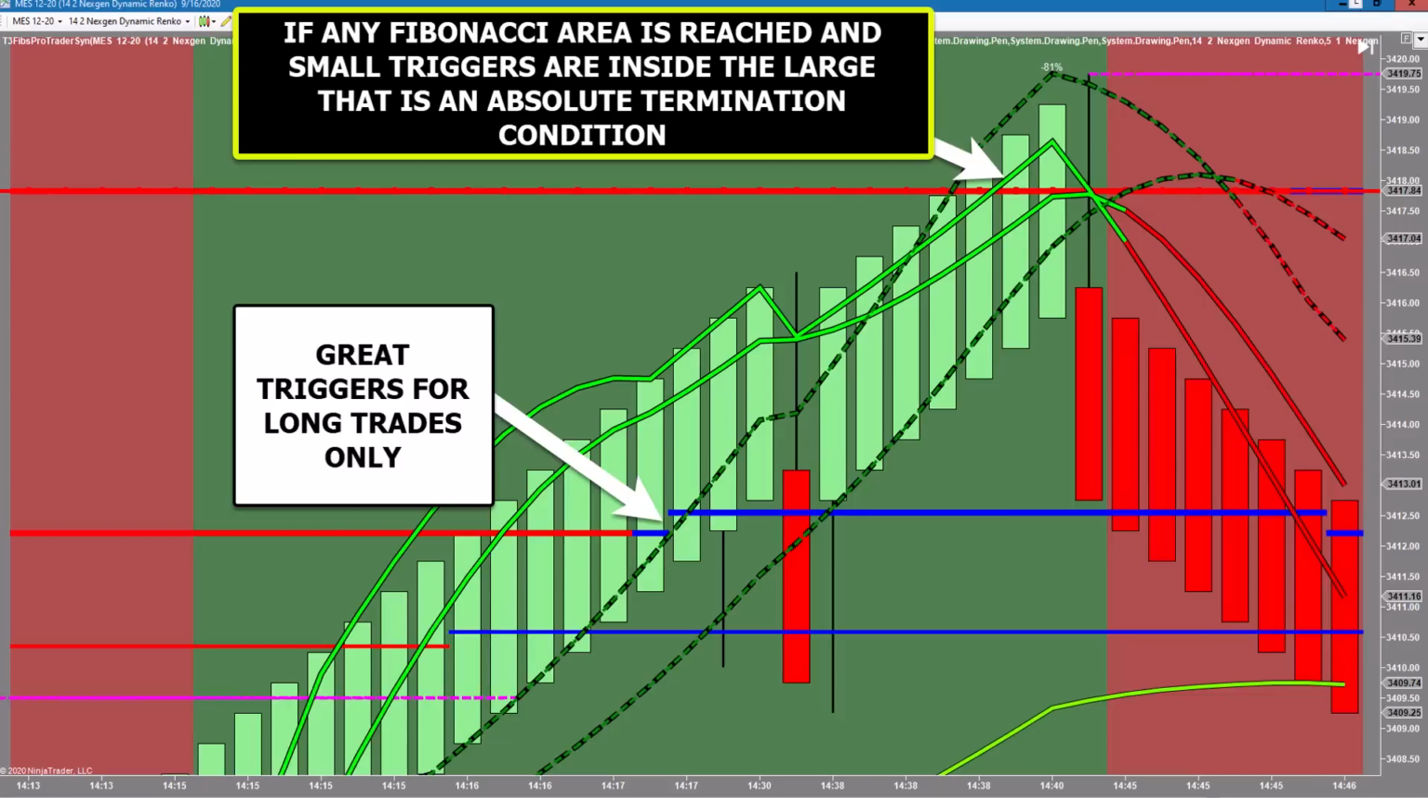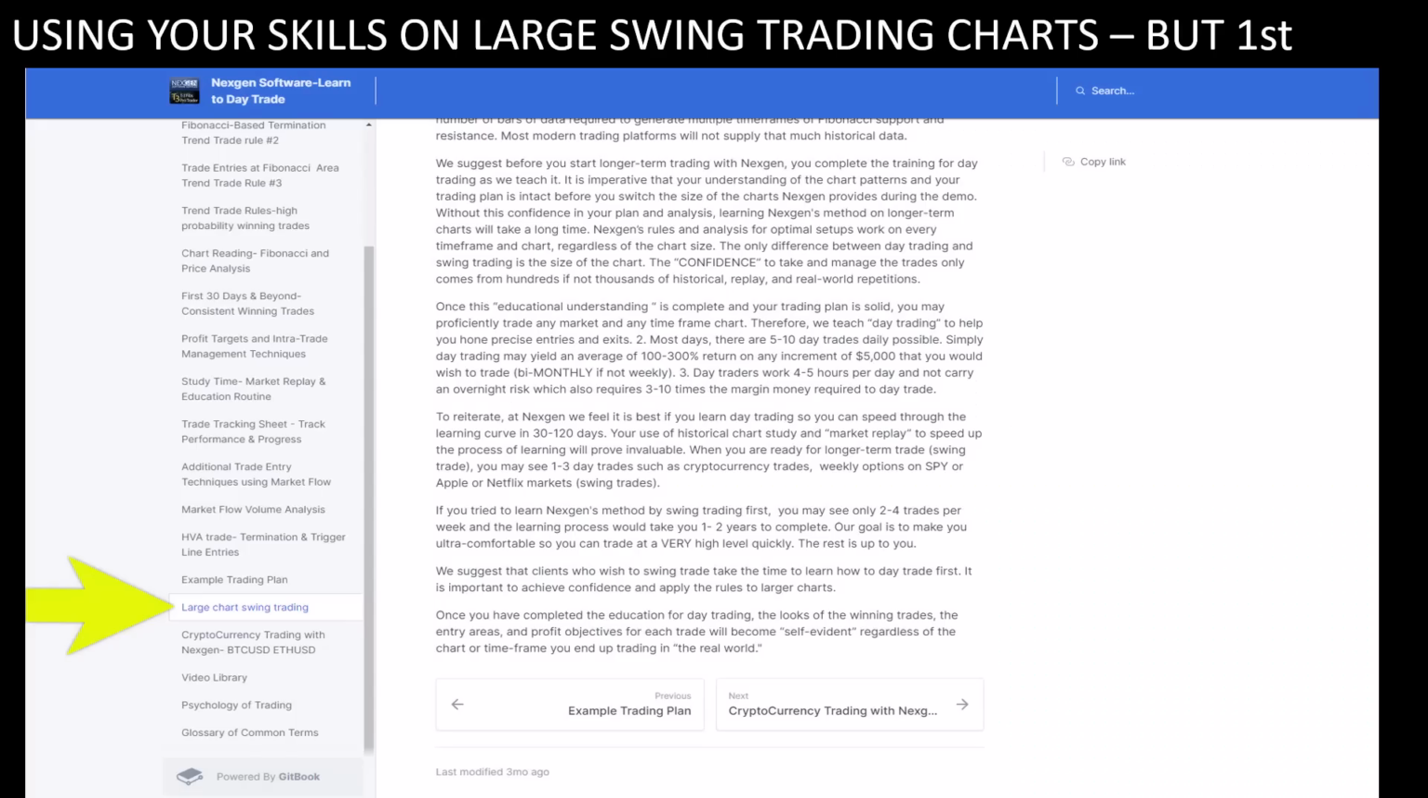Ultimately, everybody's going to ask the question, can I use this on a larger chart? I want to trade my stocks. I want to day trade stock options. I want to do different things. And again, in the large chart swing trading section, the answer is yes, but, and again, I want